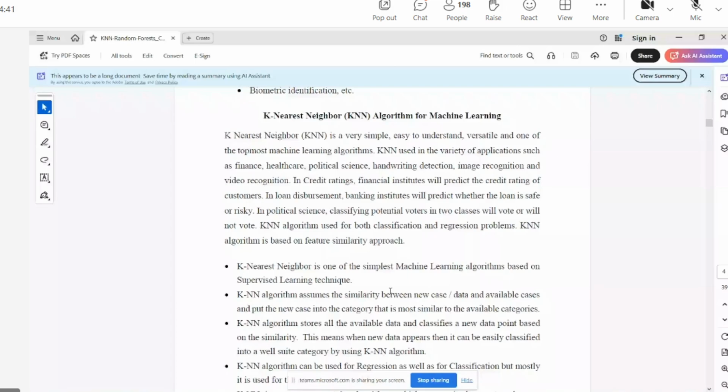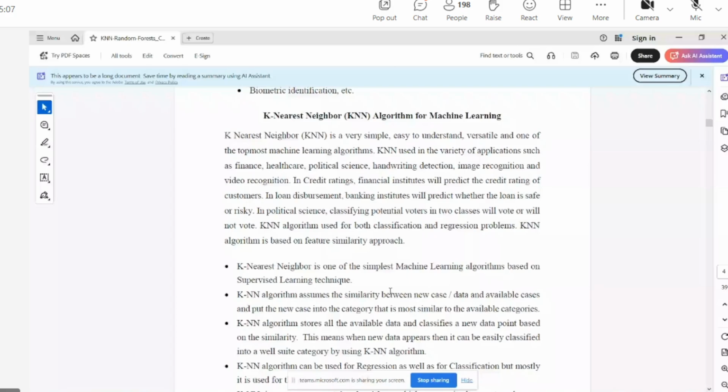This works based on the distance between the data points. I don't teach with a lot of definitions, because if you understand the concept easily, you can read the definitions and remember them. I always believe in understanding the concept rather than mugging up the definitions.